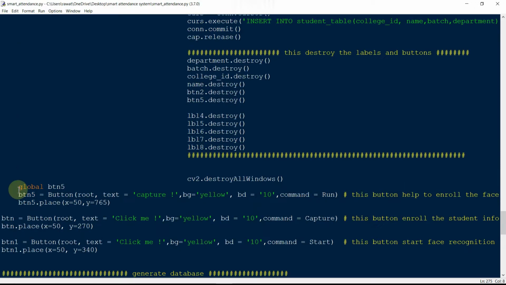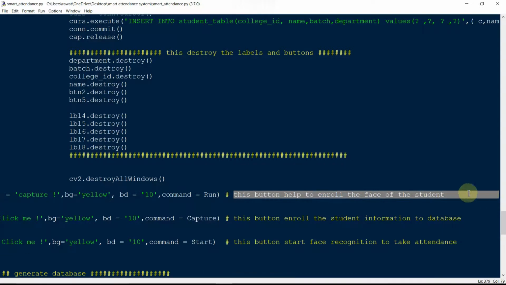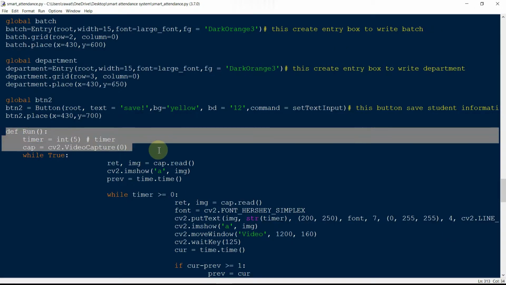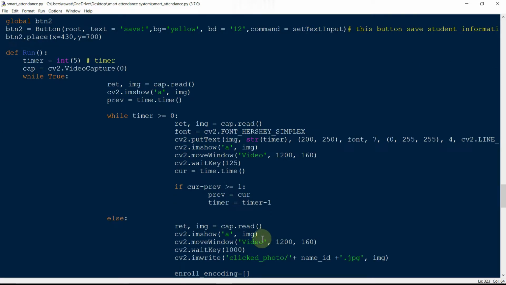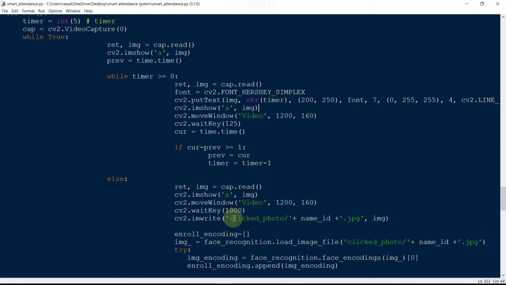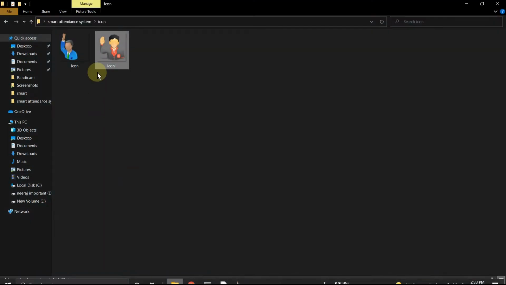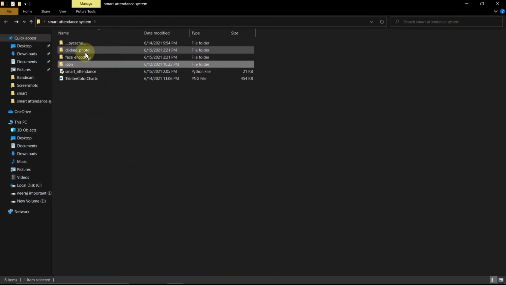After that, this is another button, the name capture button. It calls the run function. This button helps to enroll the faces of the students. This is the run function. It starts the timer. If the timer is 0, then it captures the photo of the student and saves this photo in the clicked photo folder.